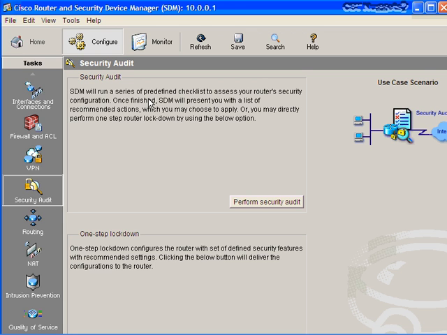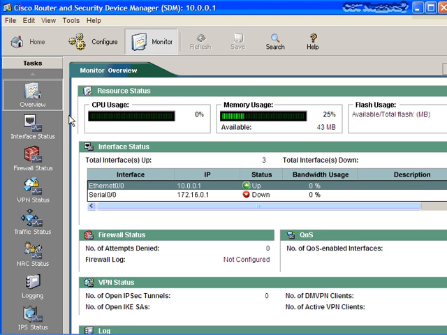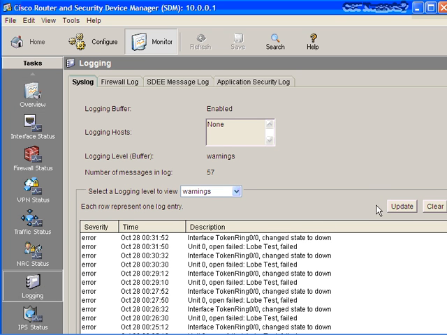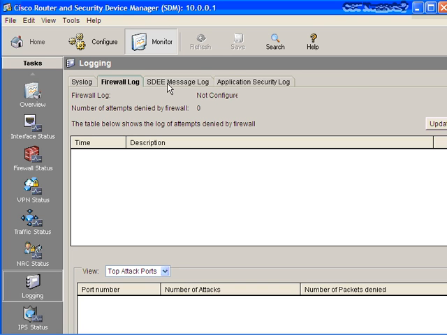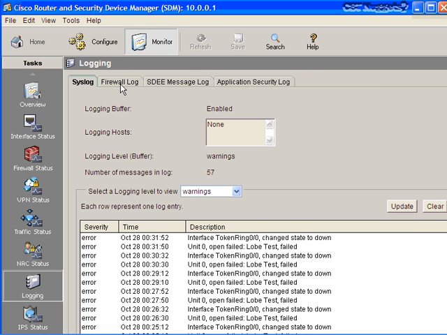I can go to monitor here as well, and I can go down and create some reports if I want to and look at my logging. As a matter of fact, logging is another major aspect of auditing, is looking at logs. And I've got my syslog here. I've got firewall logs. SDEE is another logging protocol that's used besides syslog, and application security logs. So this is another key aspect of